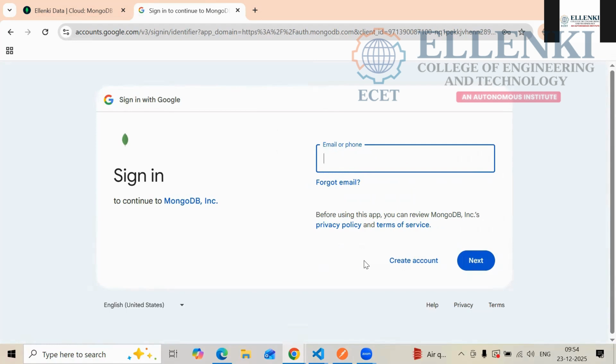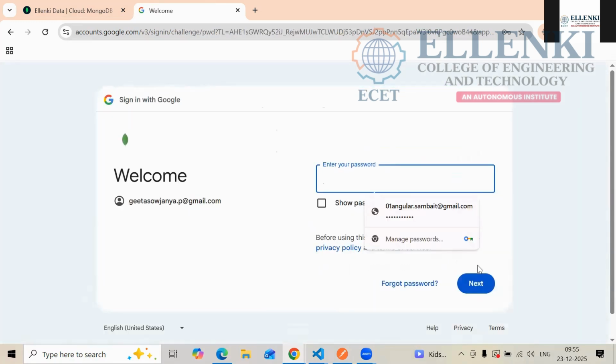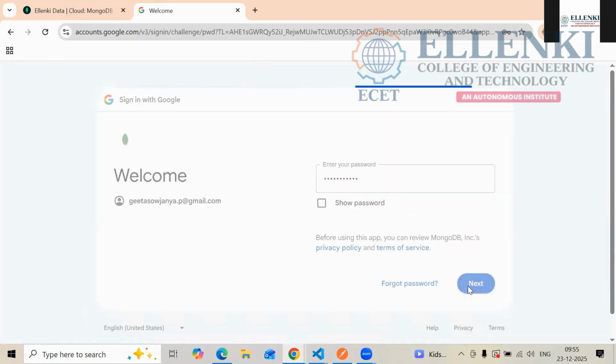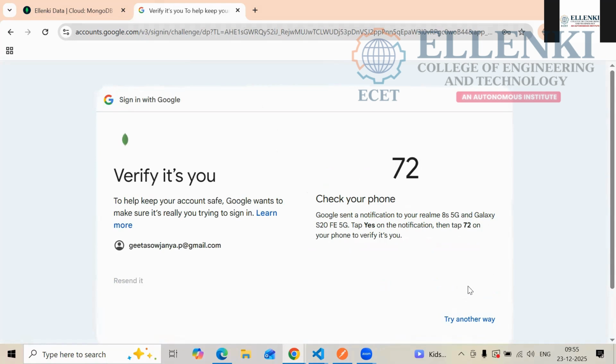Give some time to log in. Maybe not. The password was not correct.